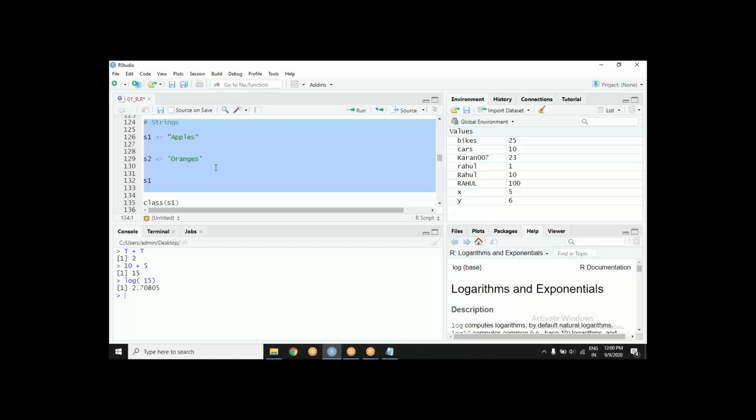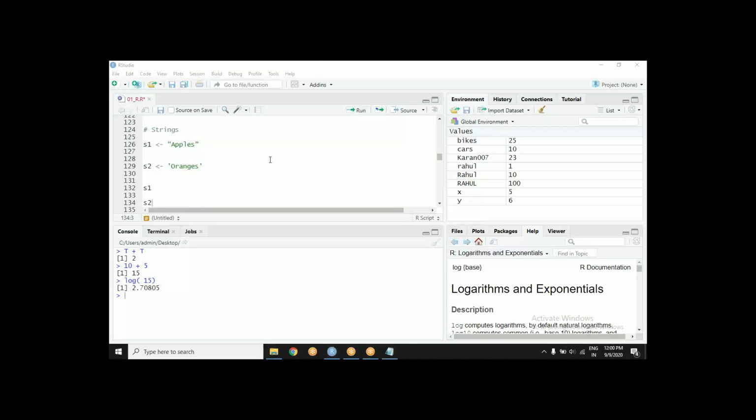So here in the chat box, something else in the chat box.